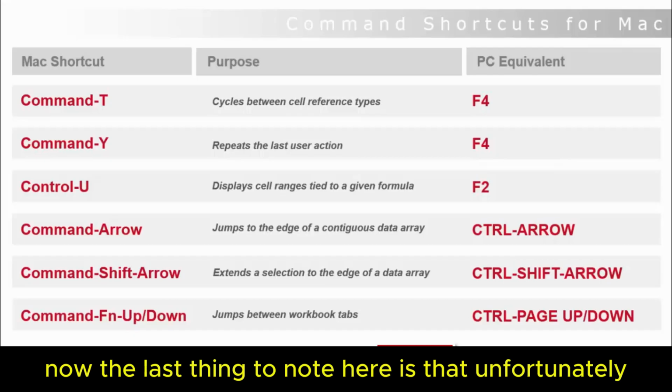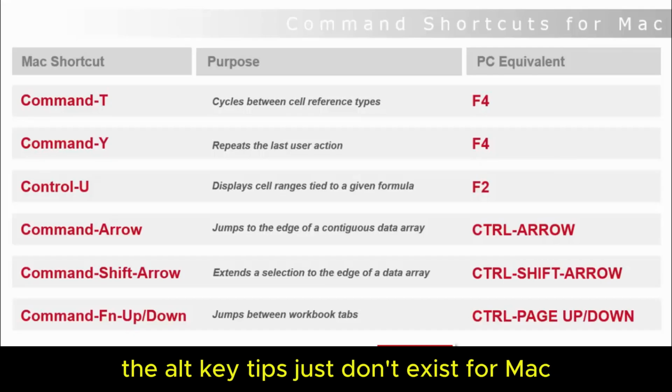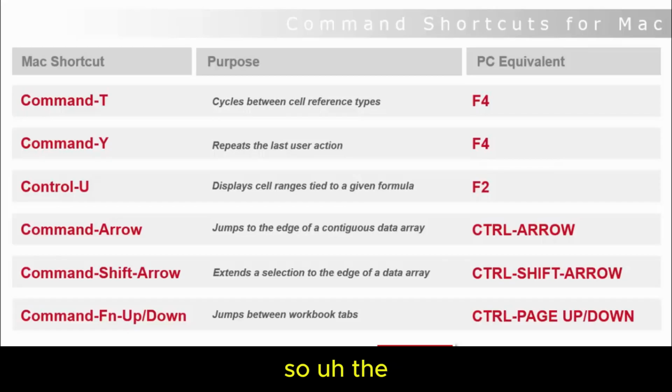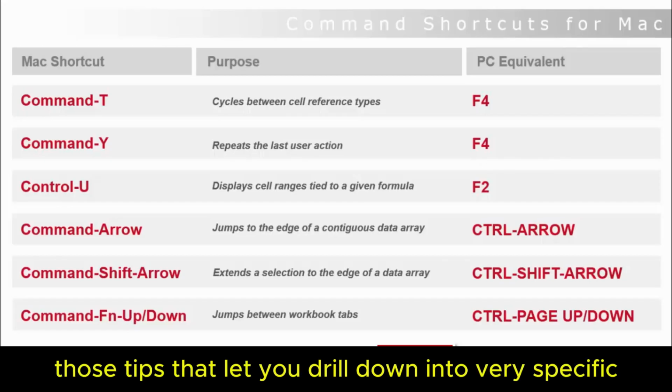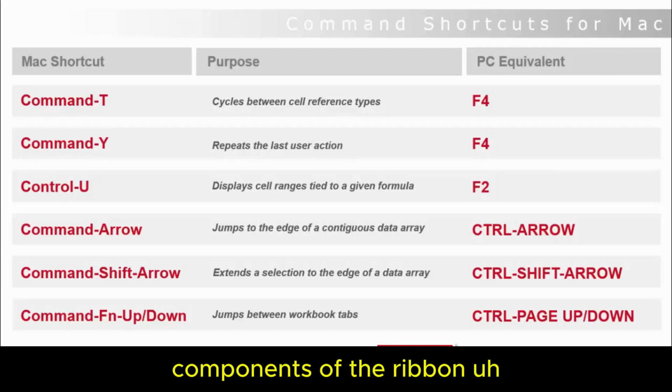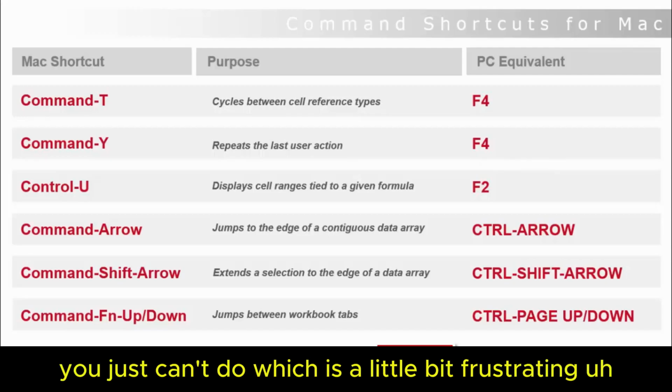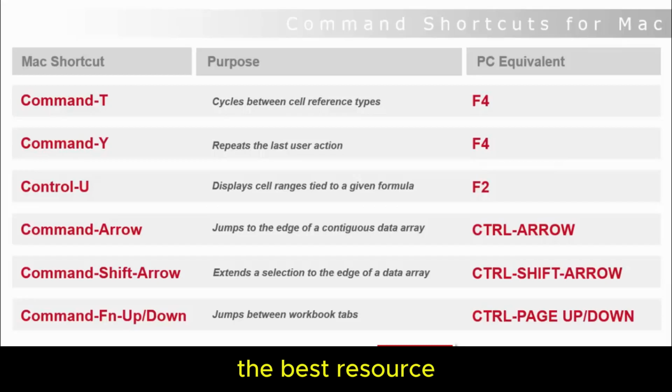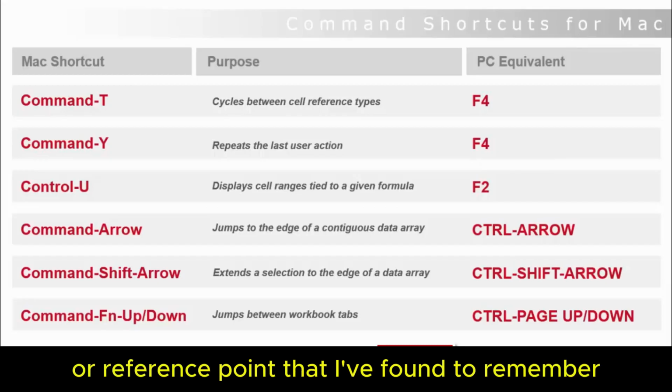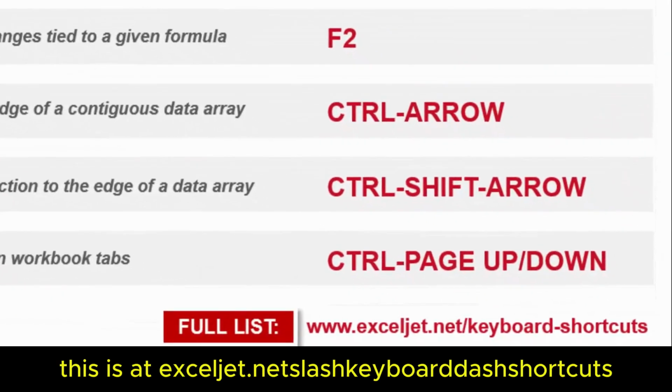The last thing to note here is that, unfortunately, the Alt key tips just don't exist for a Mac, so those tips that let you drill down into very specific components of the ribbon, you just can't do, which is a little bit frustrating. The best resource or reference point that I've found to remember this is at